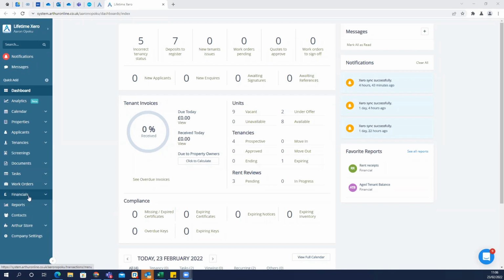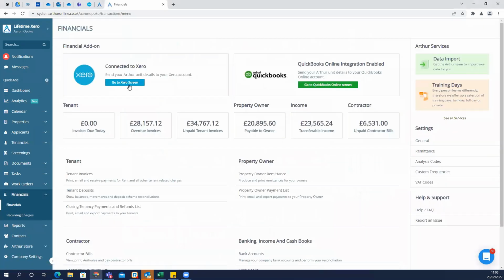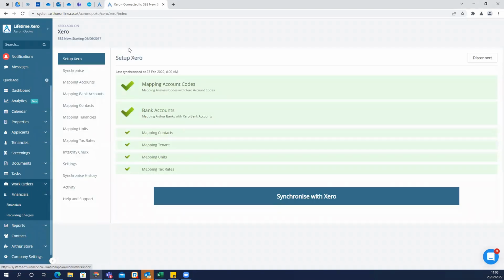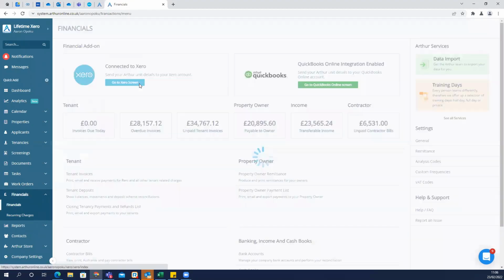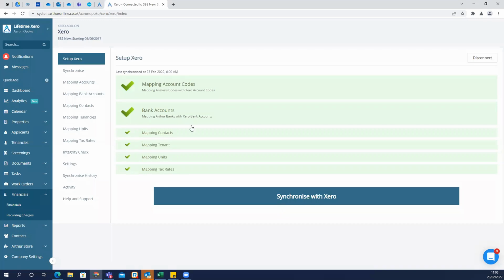So I'm in a dummy account now, and I will go through all the settings of Xero with you. Basically, you can see all the mappings that you need to set up your Xero integration in Author. You can go to Financials and go to the Xero screen, and you can see all these mappings. So firstly,